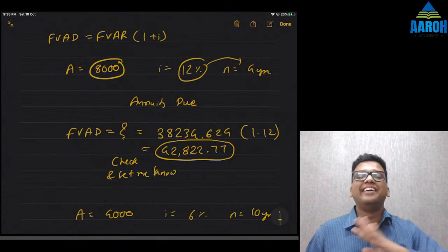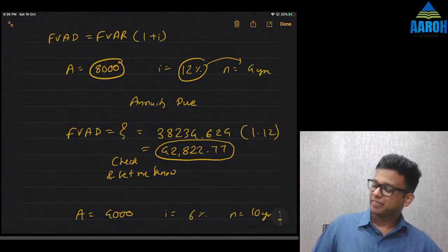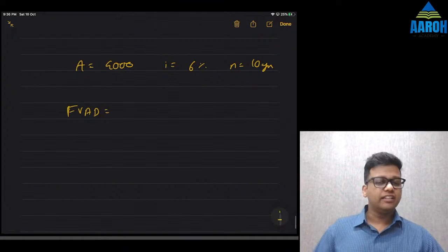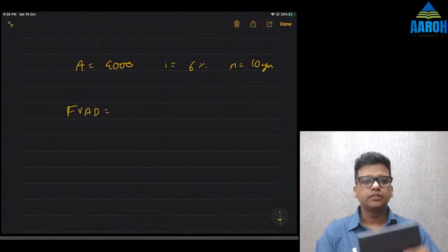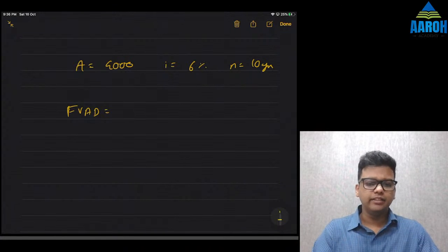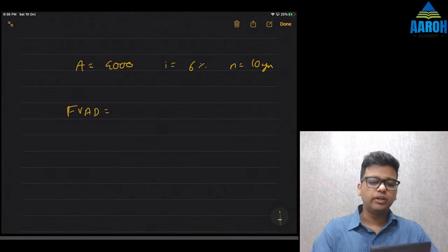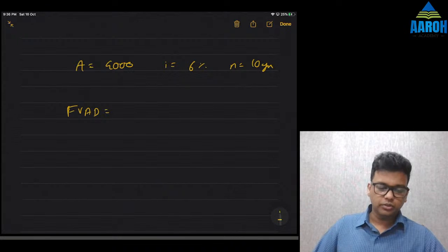Regular annuity into 1 plus I. Let me know, Misbah, if you get it. And others, let's solve this. 1.06 raised to 10 minus 1 divided by 0.06 into 4000. This is annuity regular into 1.06. So check whether everyone is getting